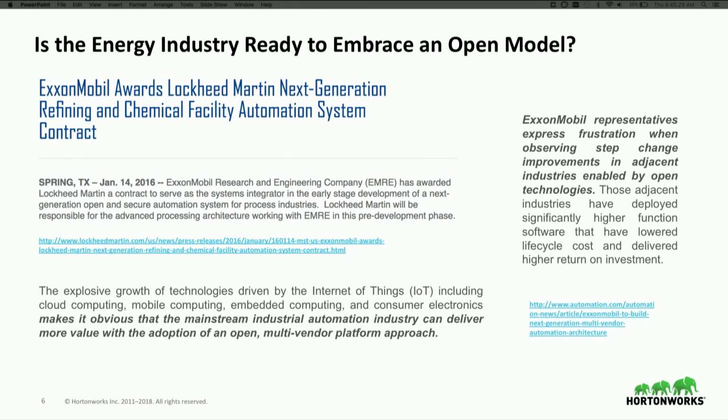I mean, this is ExxonMobil, a couple of announcements around their open automation initiatives that have been in the news here as of late, and really a desire to help from a future-proofing perspective, from an economies and efficiency perspective, the ability to not be tied to a particular vendor as it relates to both hardware and software, and when new technologies come up, right, the ability to interchange those and just have better access or being able to leverage new technologies in a more efficient manner through some driving open standards, and particularly